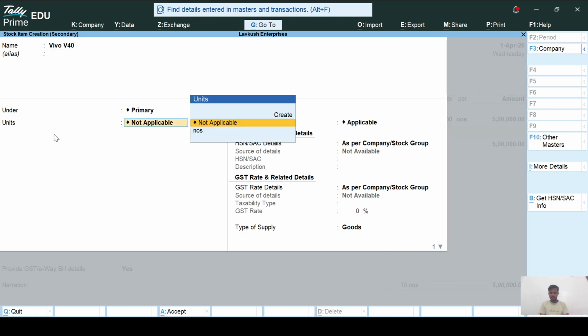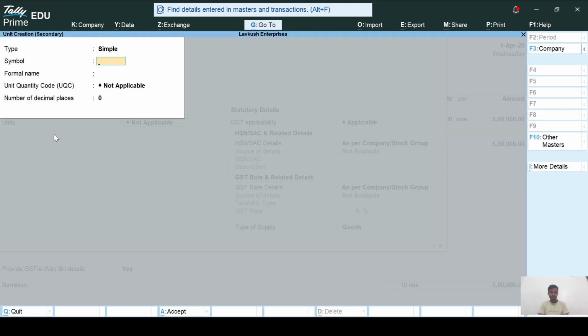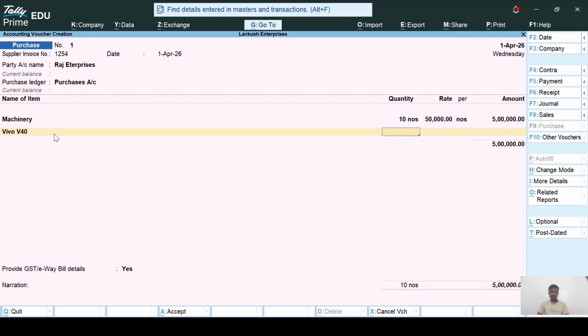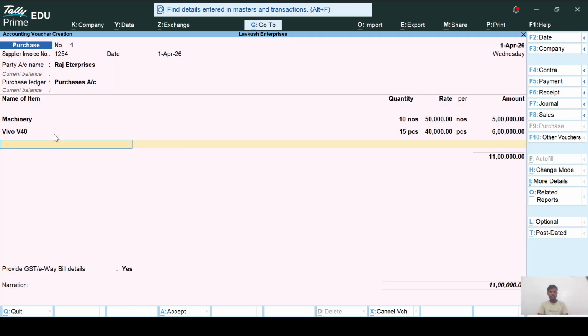Under it press Alt C and PCS. Control A. I have Vivo V40, quantity is 15 pieces, rate is 40,000. Automatically the amount is 6 lakh, and then add the GST,